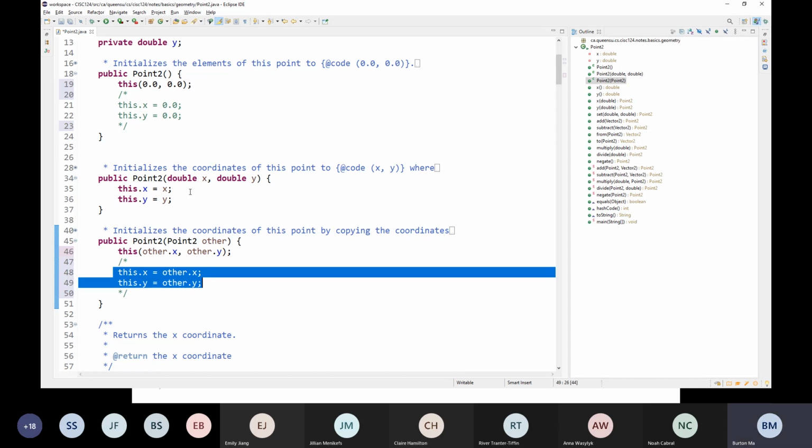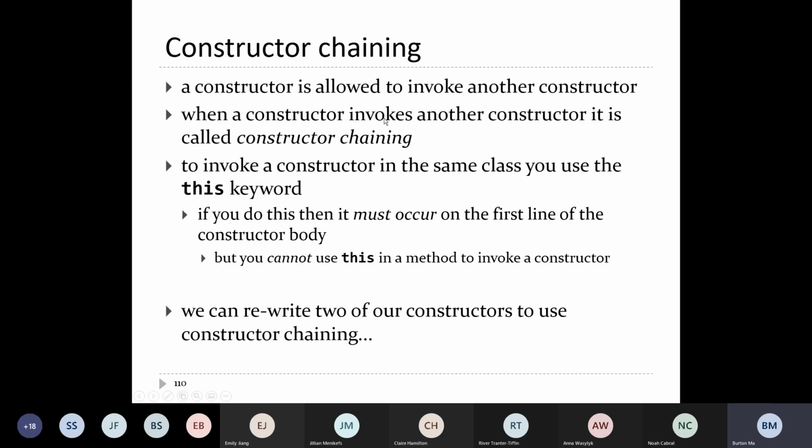Now, in this example, that's an example of what's called constructor chaining. So when a constructor invokes or calls another constructor, then we use the term constructor chaining to describe what happens. Now, if you decide to do this,